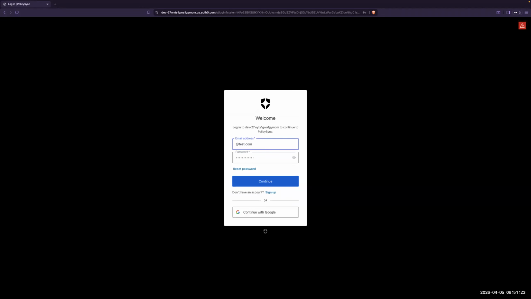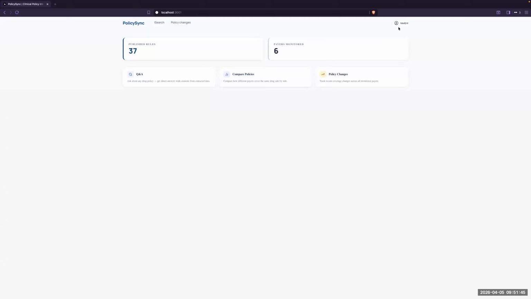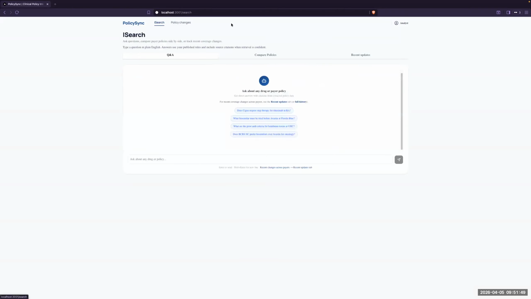We are using Auth0 for authentication. Auth0 takes care of all the authentication hassle, and we need not configure any extra steps apart from giving the usernames in the Auth0 dashboard. So now I'm authenticated as analyst, and this is my main